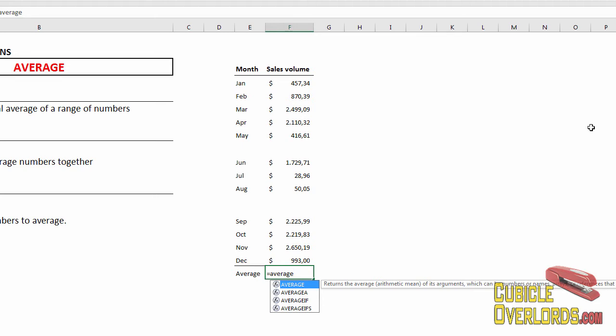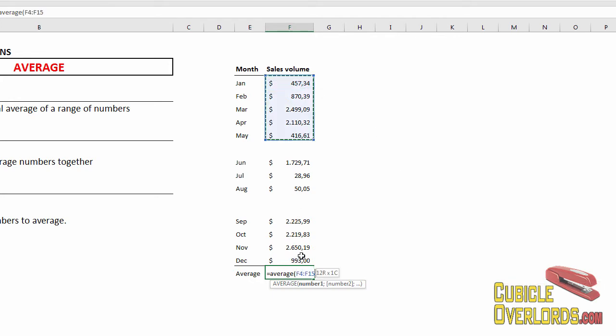You're going to use the regular old average function, this one that has no suffix on it. If you're curious about the rest of the functions, just look them up in the help file. There are some interesting functions here, but what you use 90% of the time is regular old average. So you open your parentheses and you enter the range of numbers to average, from here to here,